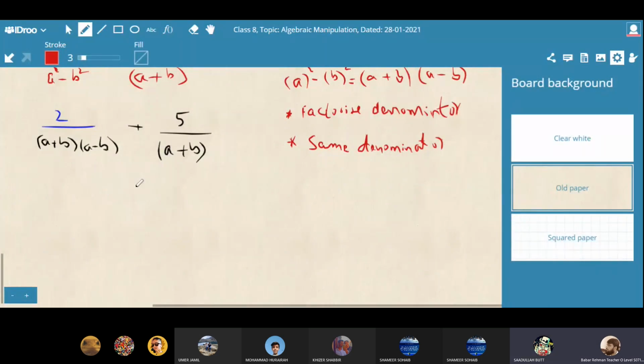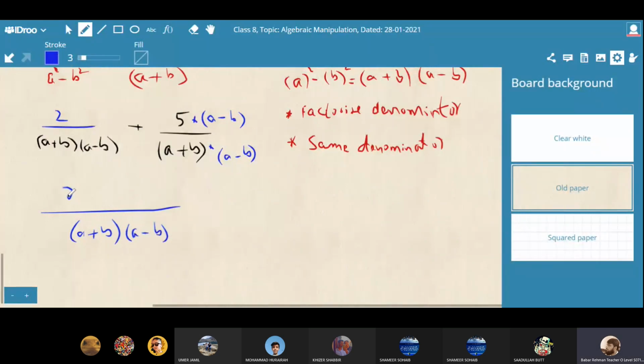Yes, please check. This denominator is the same, but this denominator is having less. For example, this will be multiplied by what to make the same denominator? A minus b. Very good. Now only this will be multiplied by a minus b. So now our LCM is (a plus b)(a minus b). I hope you are writing in your notebook as well. Now this will remain the same, plus.